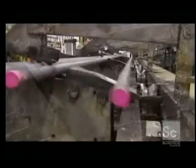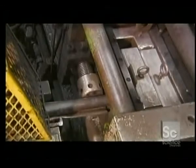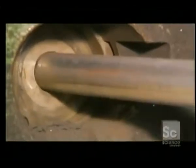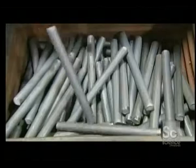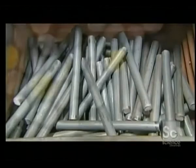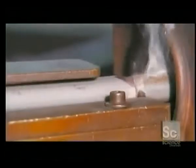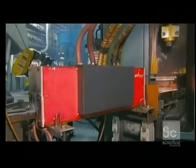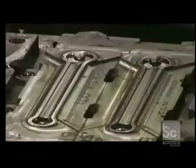To start, a steel bar travels into a die cutting machine that cuts it into lengths called billets. Each billet will become a wrench. One by one, a machine feeds the billets into an induction heater. It heats them to more than 1800 degrees Fahrenheit,